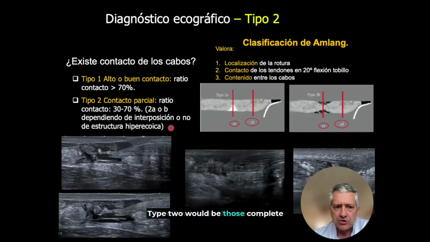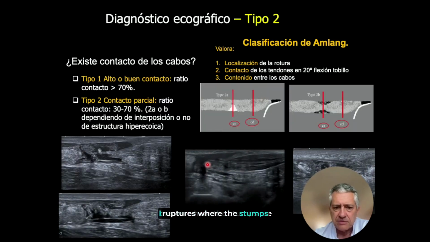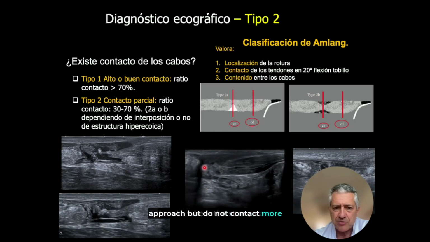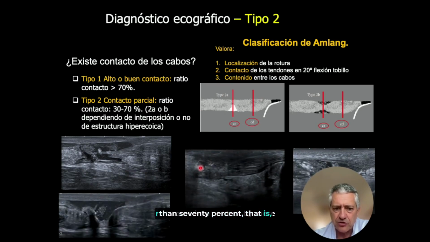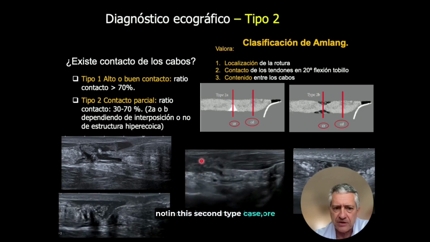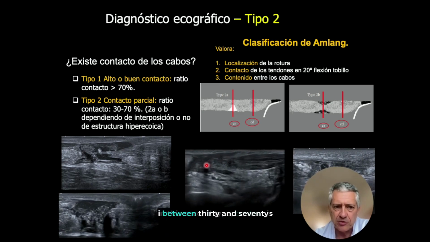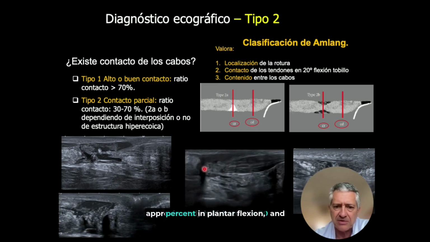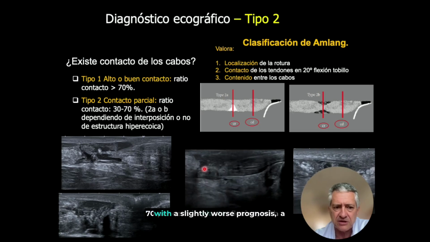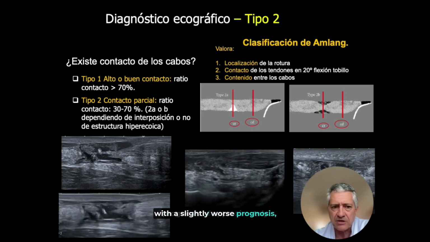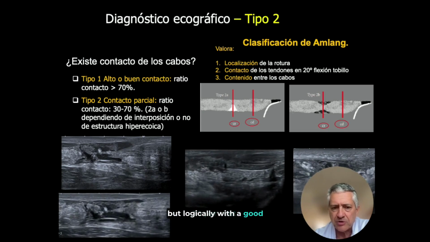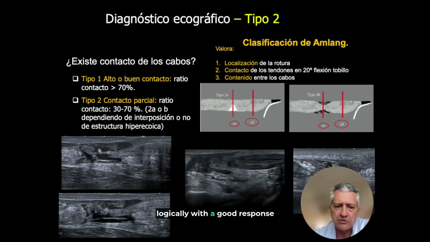Type 2 would be those complete ruptures where the stumps approach but do not contact more than 70%. That is, in this second type case, the contact is approximately half, between 30 and 70% in plantar flexion, with a slightly worse prognosis, but